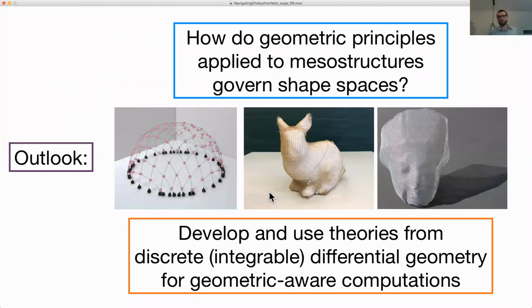Yeah, so I just want to quickly say in my last 5 minutes here that this overarching goal of using geometric principles to understand shape spaces, we took a small step in this direction where we studied a sequence of objects from discrete integral differential geometry, and actually